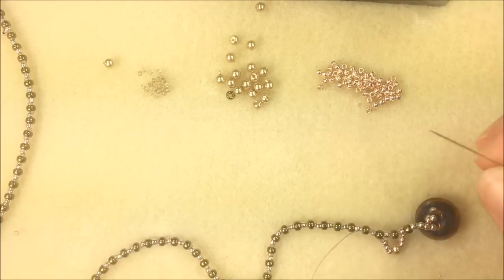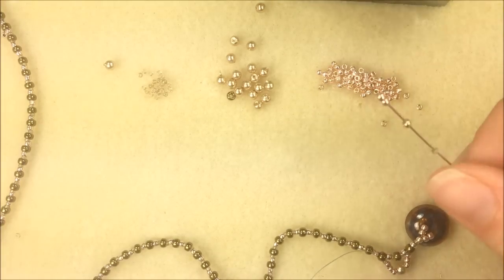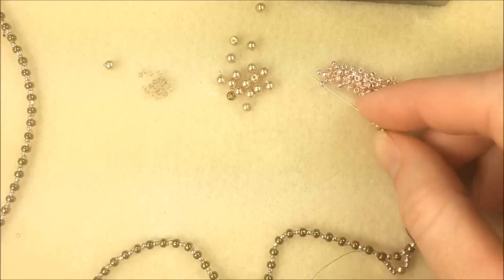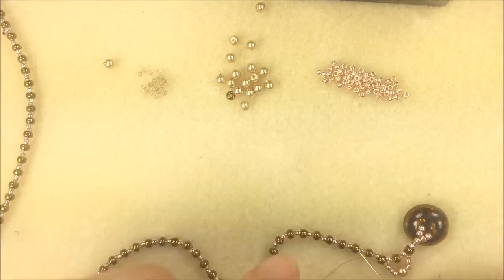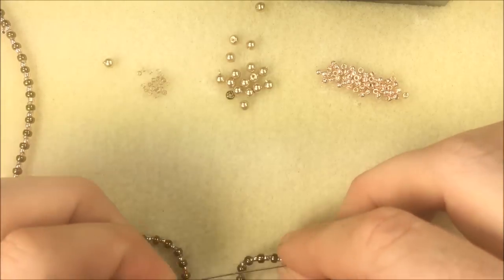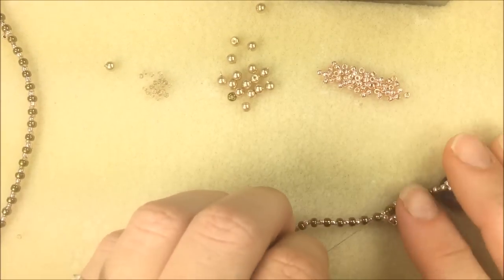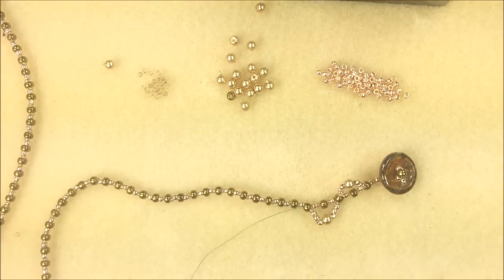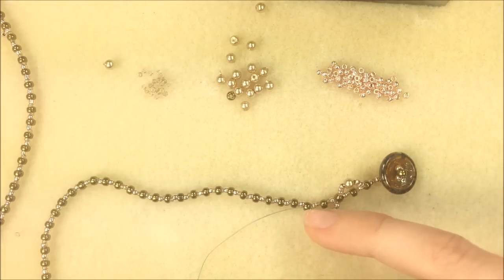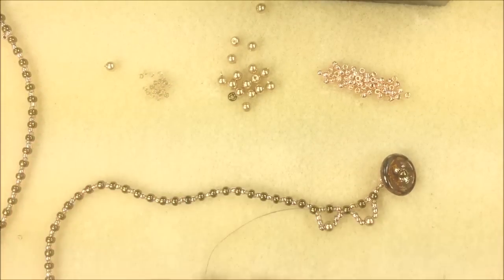Coming out of that 8/0 seed bead, I'm going to repeat that pattern of the 15, 3 11s, glass pearl, 3 11s, and a 15. Skip my next 8/0 seed bead and go through the following. When you go through the 8/0 seed beads here at the top, you want to try to make sure that you're sewing below the first line of thread, meaning the first line of thread went on this long portion here. I want my thread to go below that first piece of thread that threads along the top because I'm building down. You can see it's going to kind of twist around a little bit until we get in and do